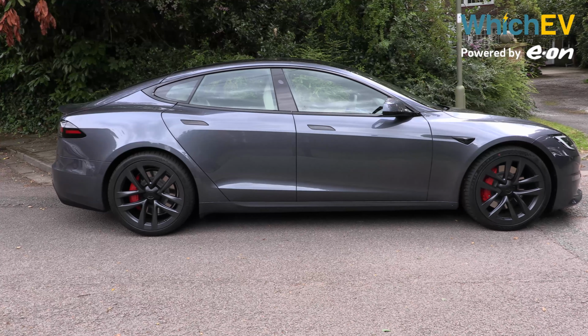in under 2 seconds. It's finally here in the UK, but only in left-hand drive form. Is that a problem, or is it a compromise worth making for a car that can humiliate a Bugatti and